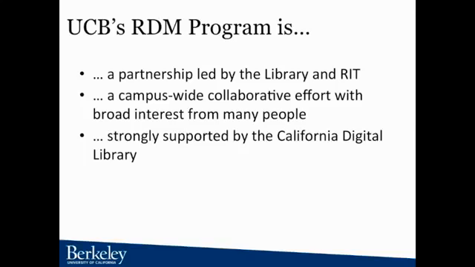We also have strong support from the California Digital Library in Oakland, which is part of an international community of groups developing services related to research data management. There's a tool called the DMP tool, which is a wizard for writing data management plans, and the CDL is the major developer and service provider for it. They also provide something called EZID, a service for getting a unique identifier tied to your data set. It's available here on campus through the Berkeley Library, but provided by the California Digital Library. So they're a strong partner.